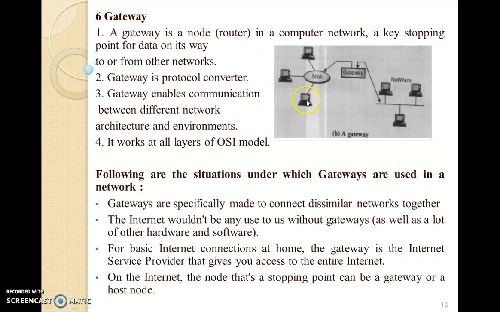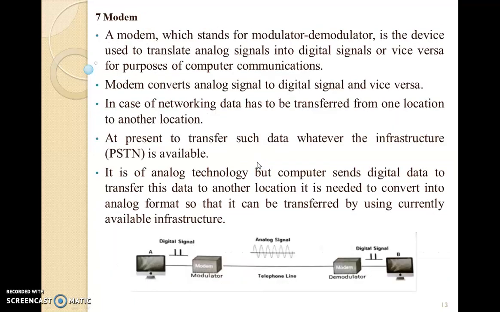As the figure shows, one kind of SNA network gets connected to the other network. Now these are two different networks. One is an SNA type of network, and the second is a different type of network. Those two different networks get connected via a gateway. Okay, so this is a gateway device.